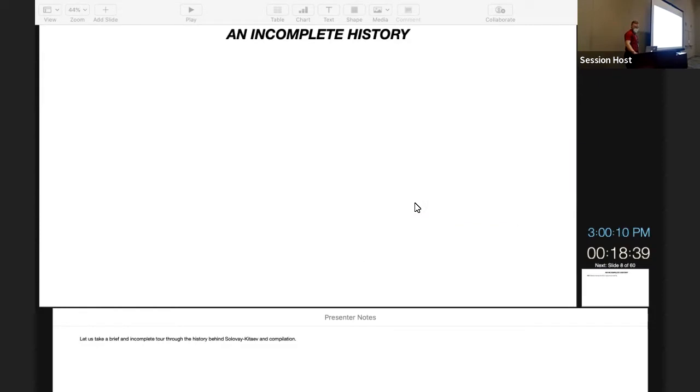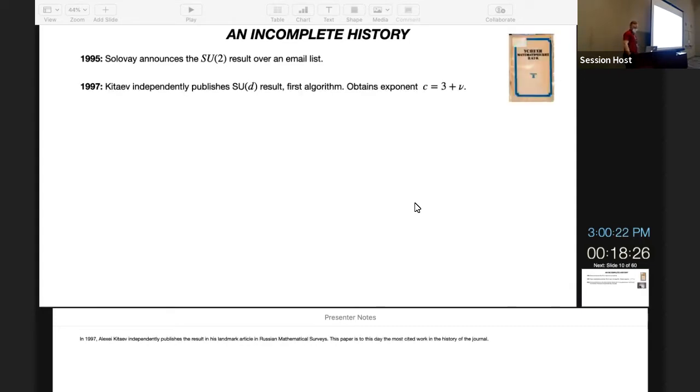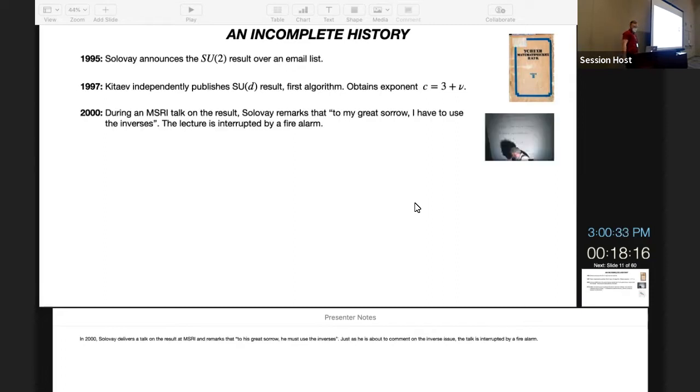Let's take a brief, incomplete tour through the history of this result. In 1995, the mathematician Robert Solovay announced a version of this result over email, but did not publish it. In 1997, across the ocean, Kitaev independently discovered and published the result in Russian Mathematical Surveys, and to this day it's a highly cited work of the journal. In 2000, Robert Solovay gave a talk on the result at Berkeley, at MSRI, and he remarks that, to his great sorrow, he has to use the inverses. So there he is,